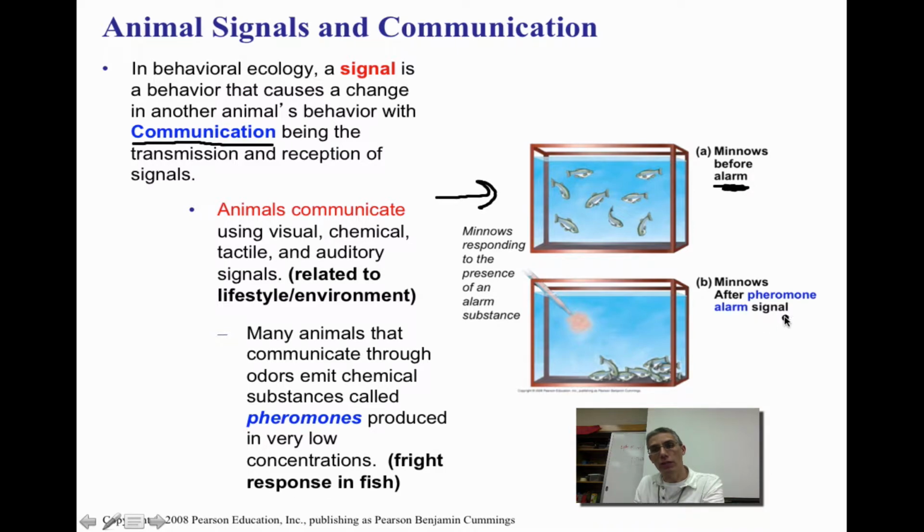going to emit this type of pheromone alarm signal. And this is going to indicate maybe not just to the minnows, but maybe other types of fish that are in the environment that there's some sort of intruder or danger in the environment, so it's going to cause them to react as well. And so that's going to be a form of chemical communication, not just among themselves, but maybe even among other types of fish in the environment.